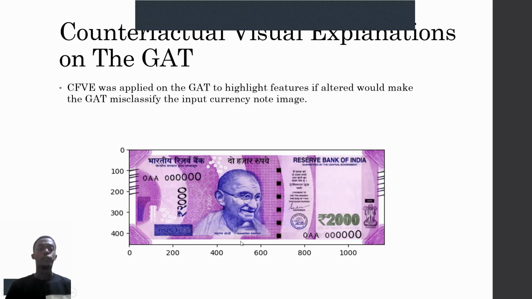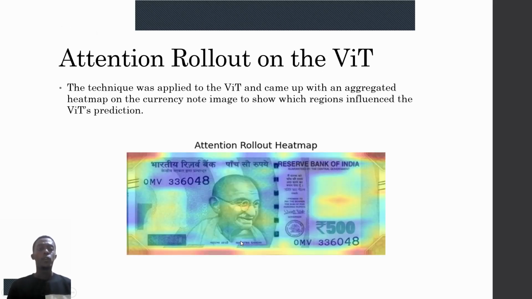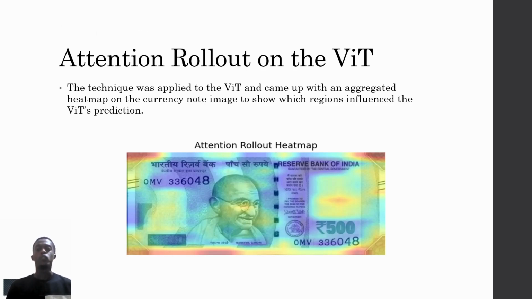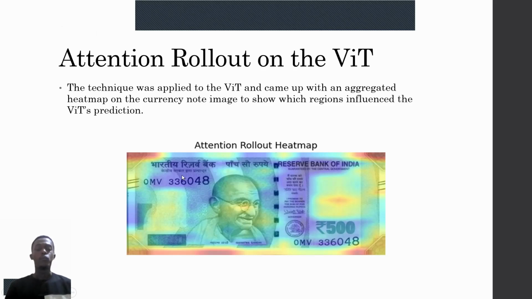also some other features. And then for the ViT, we used the attention rollout, which is a self-attention mechanism that helps us come up with an augmented heat map on the currency note image to show which regions actually influence the ViT's prediction. So you could see most of the ones highlighted were those in the blue or purple, showing Mahatma Gandhi's head, then the Reserve Bank and other features such as the watermark, the stem on the top, then also the digital stamp, then also the security thread. These were given more attention, and those given less attention were those in the red and